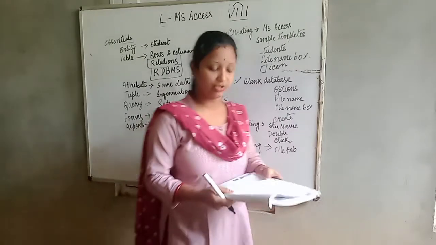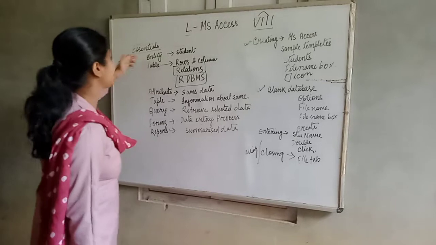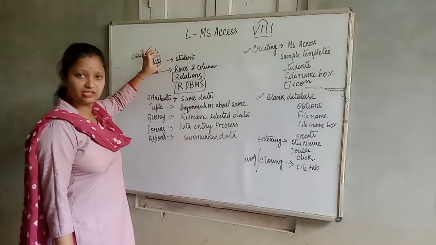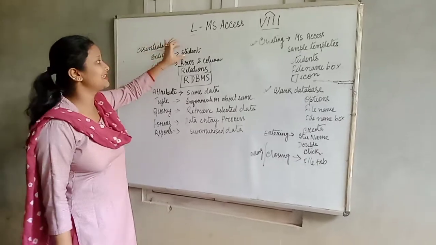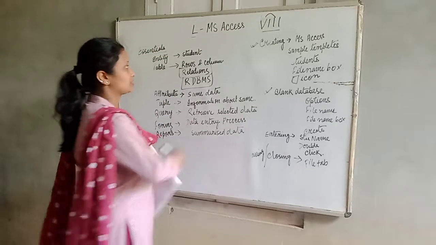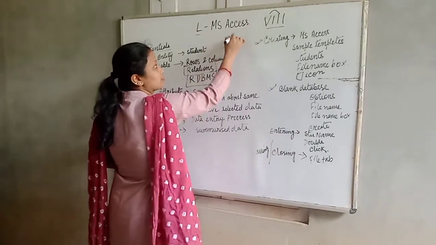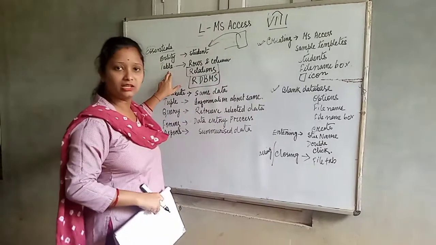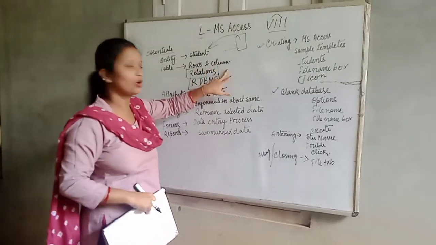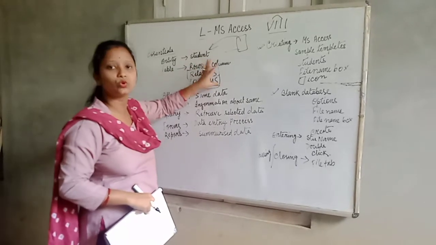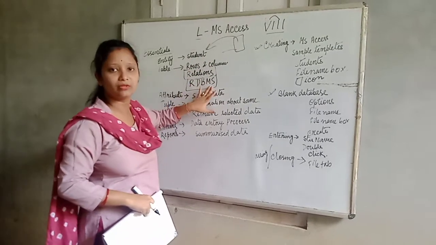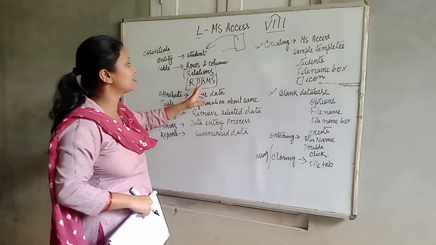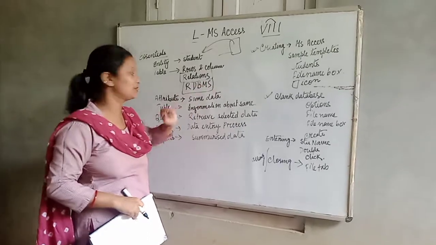Yes. So now the essentials of a database. What is essential? There is an entity. So student name is an entity. If you are typing a list of names and all, that student name is called an entity. What is a table? A table consists of rows and columns. It is a relation between rows and columns. That is called RDBMS. I have told you before that RDBMS is Relational Database Management System.